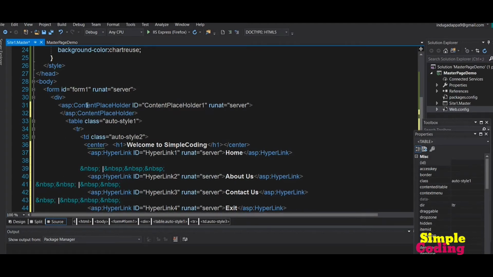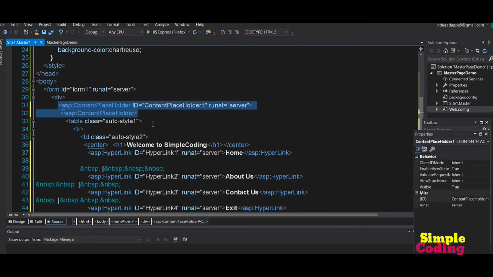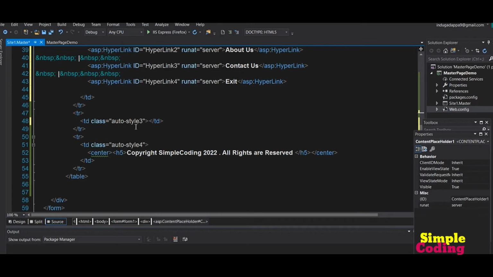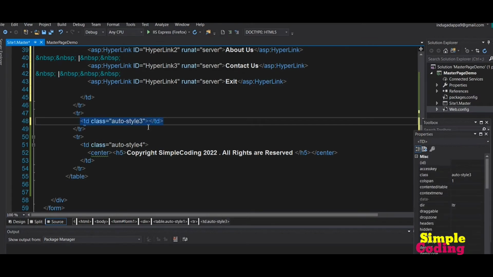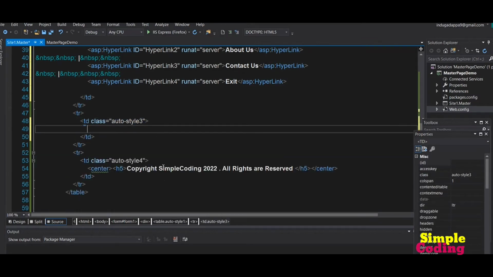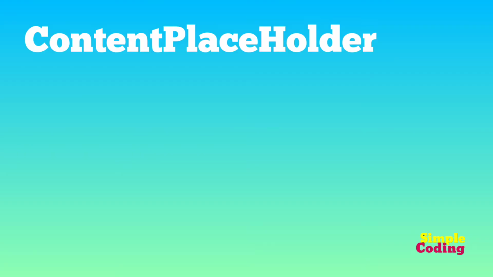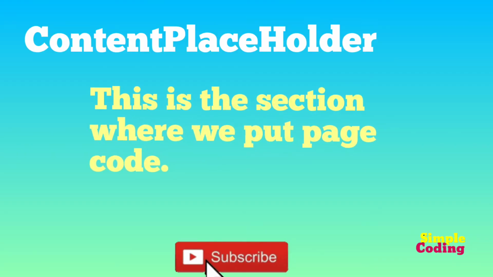We'll change the position of this content placeholder tag to second row of the table. So I am copying it into my second row. That means inside this TD tag I am pasting this placeholder tag. Inside this content placeholder tag only our other pages code will be executed.